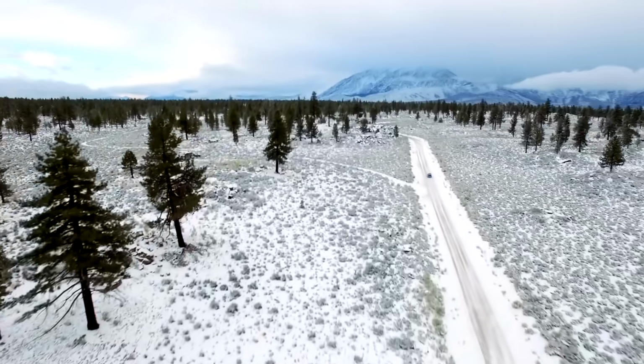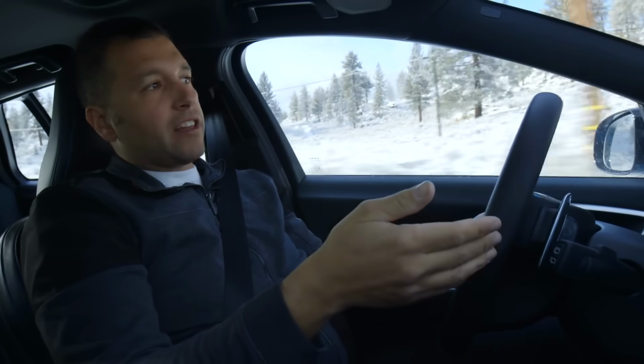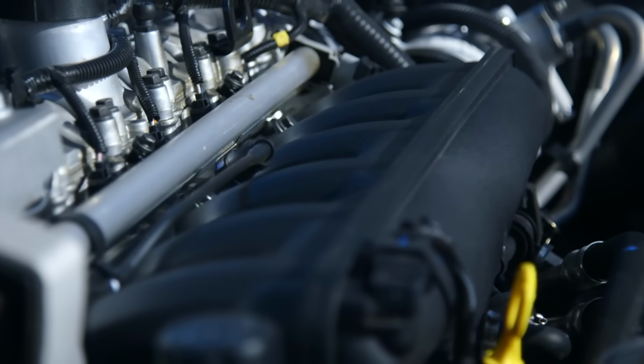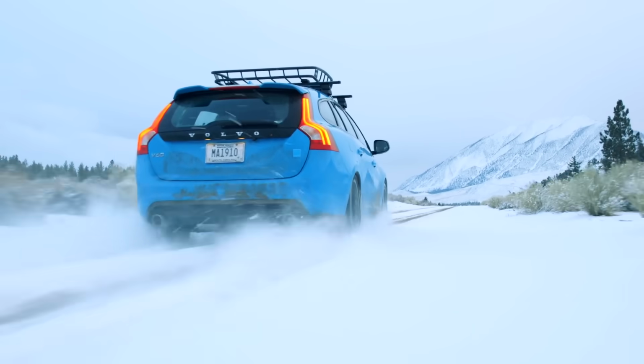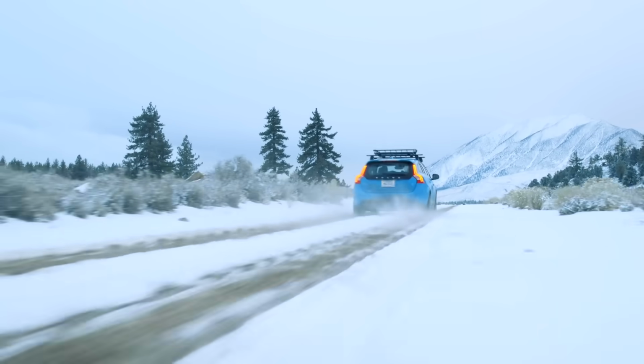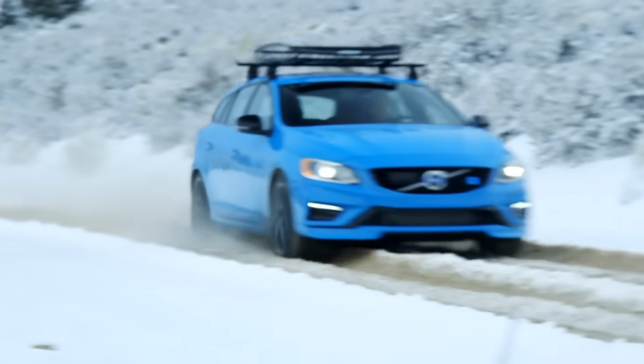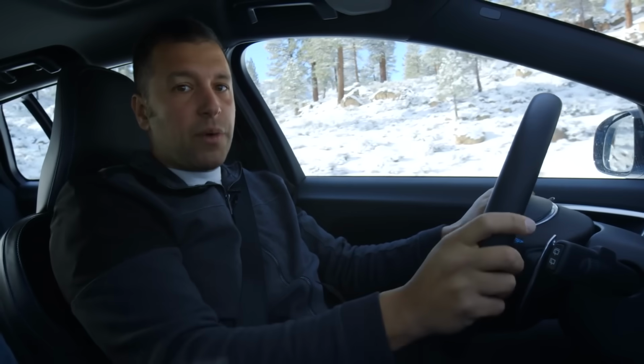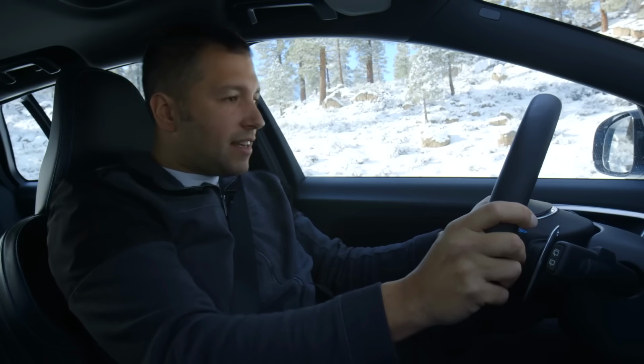Polestar made a bunch of modifications to the straight six that you can get in a regular V60. They threw a different intercooler on it and also a twin-scroll turbo. That boosts output to 345 horsepower and 369 pound-feet of torque. That's good for a 5-second flat 0 to 60. Let me show you what that looks like. Ready, and...